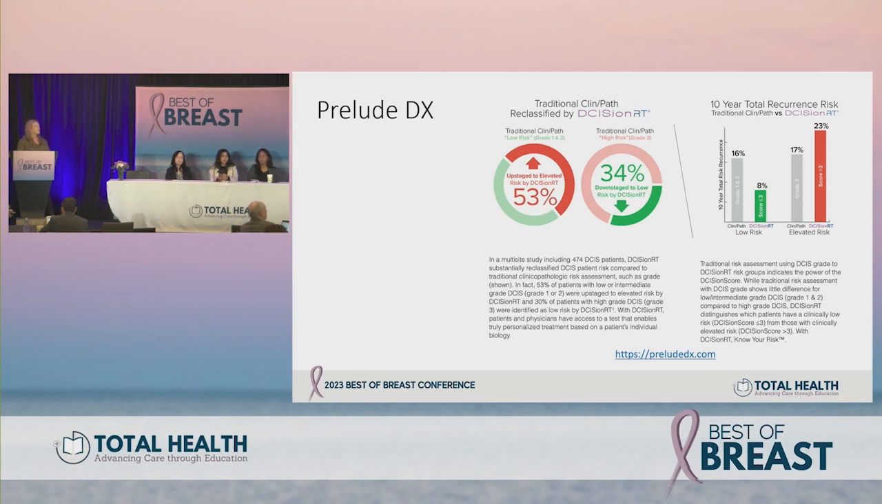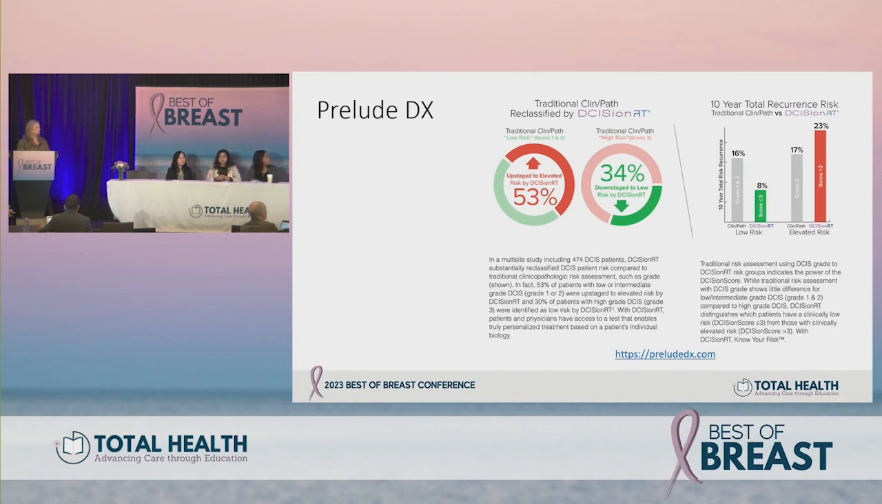So what the PreludeDx study or DecisionRT assay does is genomically provide patients with a risk score. It sequences a number of genes and specifically looks at local recurrence and benefit of radiation. So it has been shown to be predictive of benefit for radiation. And when we look at populations where they use the traditional RTOG low risk criteria, they found that patients who were actually